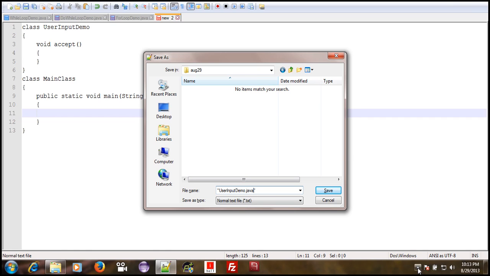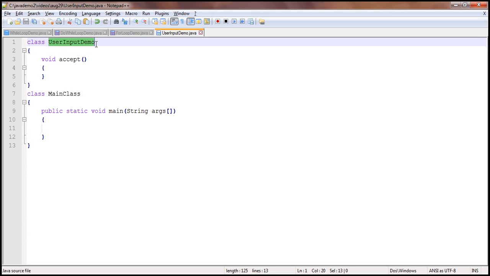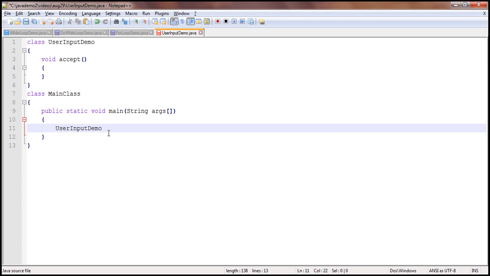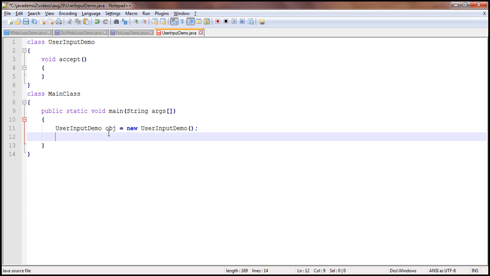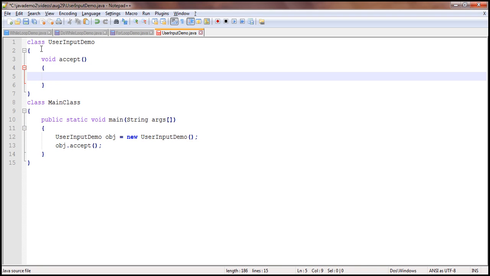Fine. So what I have done is I have taken up this UserInputDemo.java and saved it inside a folder named August 29. I'm going to make an object for the class UserInputDemo. Let's say obj is equal to new UserInputDemo. Using this obj object, I'll call my accept method and save it. Now in this class, I'm going to create the object for